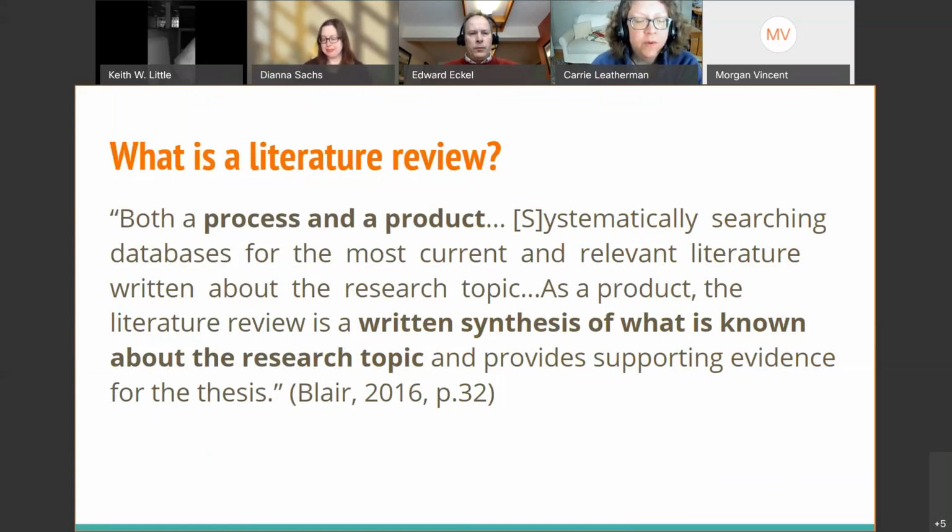One other thing I want to mention about what a literature review is: it is meant to be comprehensive. What you're trying to do in a literature review is find all of the scholarly articles and literature that address your particular research question, and you want to make sure that you understand the context of how your research question for your thesis or dissertation fits within the existing literature. You want to be able to contextualize your research within the scholarly conversation in your field, and that's what a literature review is going to be doing.